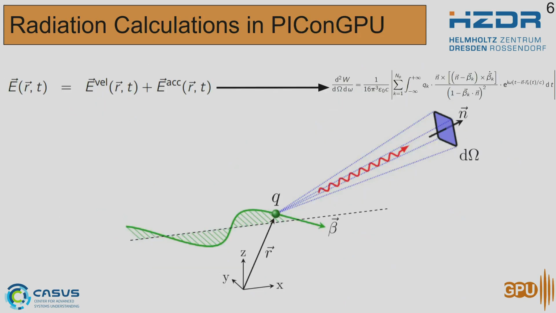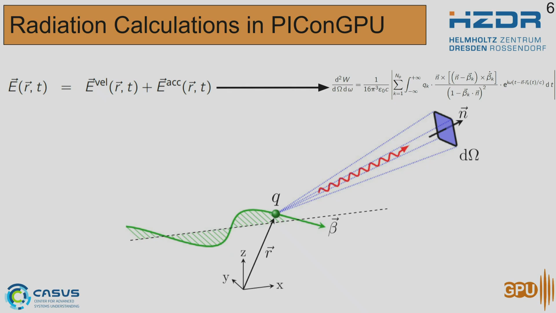Okay, and so this code has another special feature which we're going to need for later, right? So we talked about, nice, we can look at cool plasma dynamics and look how all the charges look. What this code can do as well is actually calculate your radiation. So once your plasma moves very abruptly, you'll get a lot of particles being accelerated, and you know the charged particles that are accelerated, they give off a lot of radiation. And the way we calculate it is the following. So imagine you have a charged particle, so a particle with charge Q, which moves with some velocity beta at some point in space r. And this